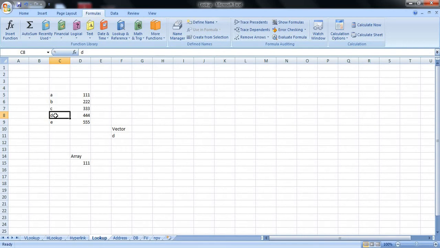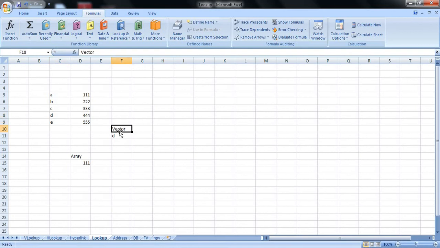Please understand this. With array, we are bound to select only reference from the first column or first row of your table. But with vector, we can select any reference point, from any column or from any row. There is no restriction that we should always select the reference point from the first column itself.